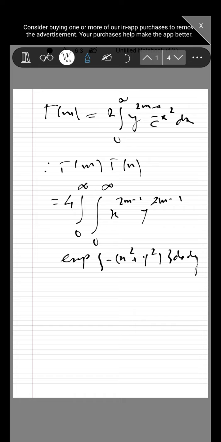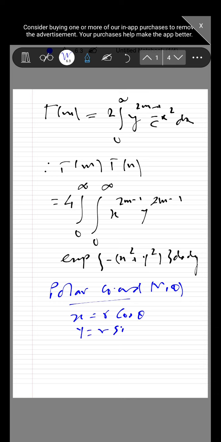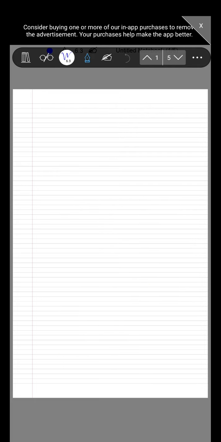xy plane. And now we will introduce the polar coordinates, that is r theta. So we can write x is equal to r cos theta, and y is equal to r sin theta, and the surface integral ds is equal to r dr d theta. So putting these values in this expression, what we ultimately get is